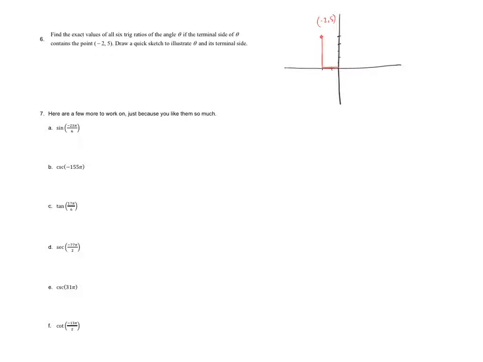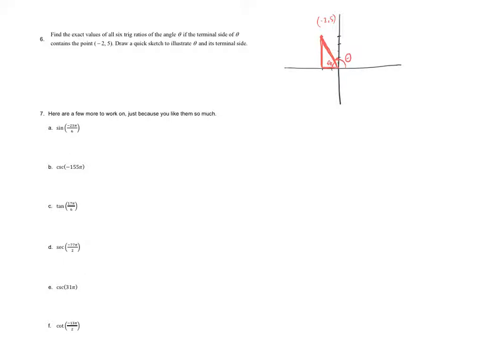Now, if we think about the terminal side of our angle, remember we've been talking in class about how this angle could be coming out here, here, here, and as we move all the way around the circle, we could think about that angle having rotated to this position so that the terminal side goes through that point. The angle that got us there is identified by that little arrow and theta. However, what's important is this reference angle in here, and I'll put a theta with a little subscripted r